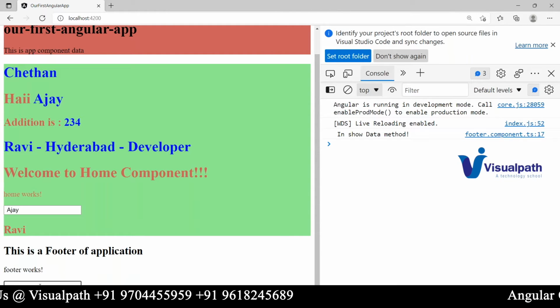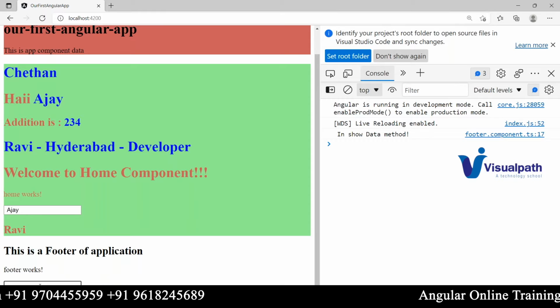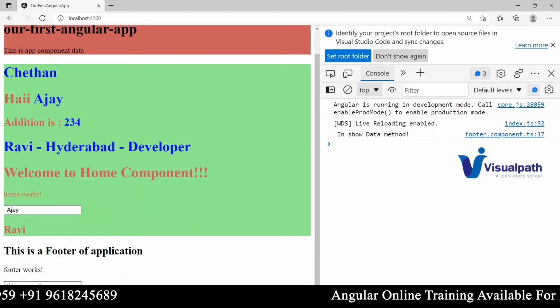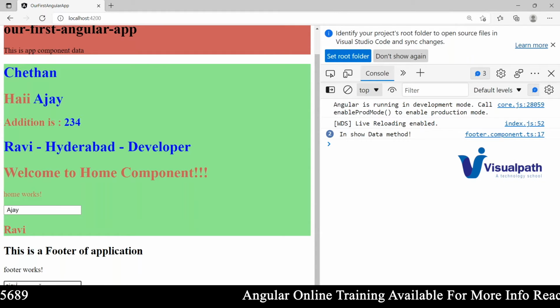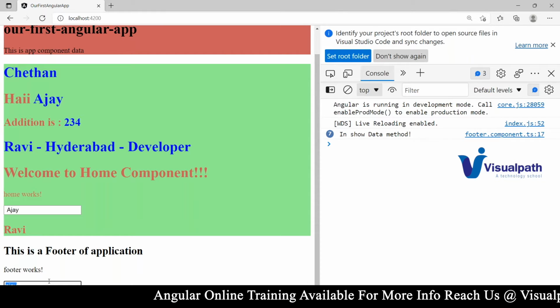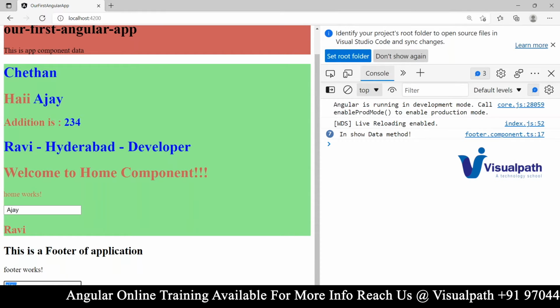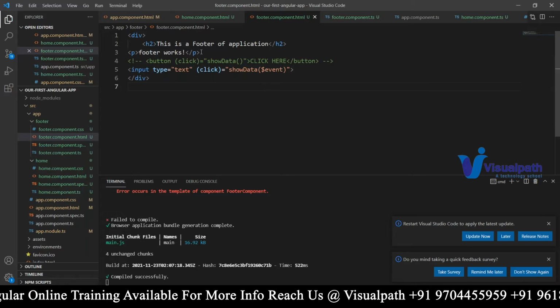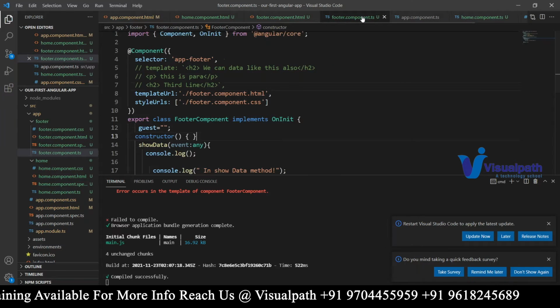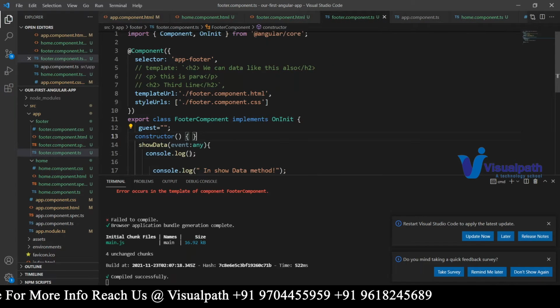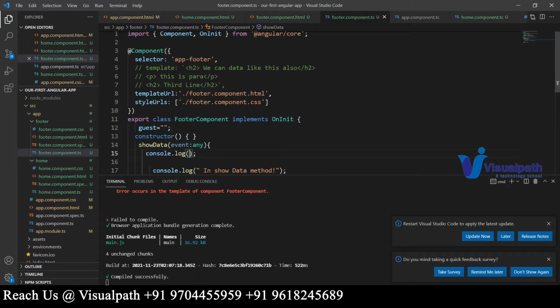Now just I would like to write some data over there, and just writing something like that, and now I'm clicking there. It is showing the moment I'm clicking in show data method, but the other value is not getting printed because something is a problem. Yeah, you have not written anything, that's why it is not. So now